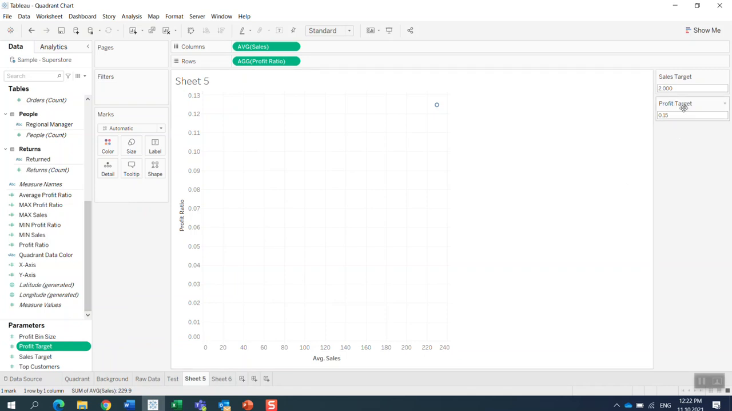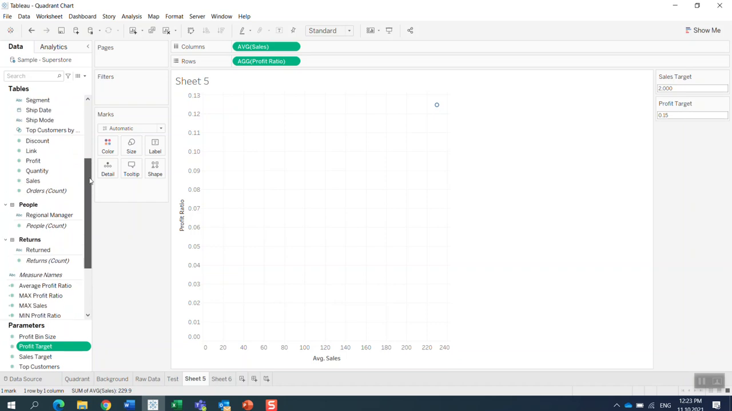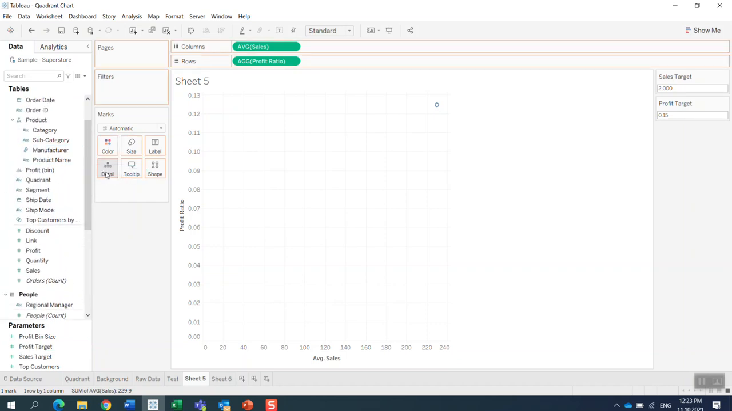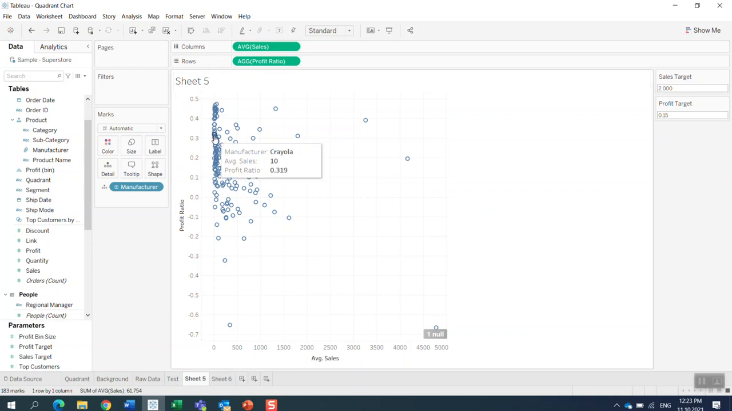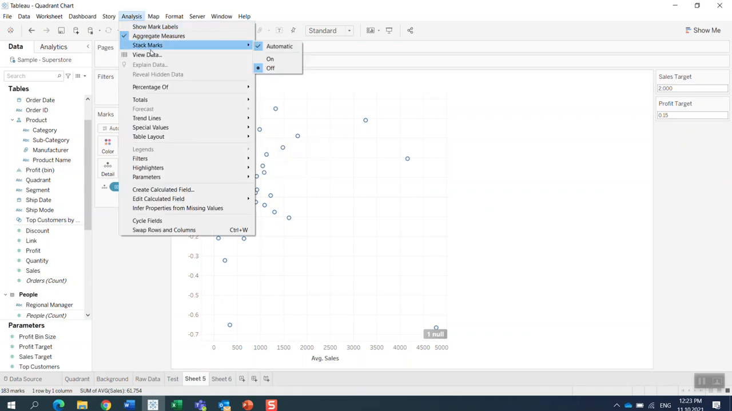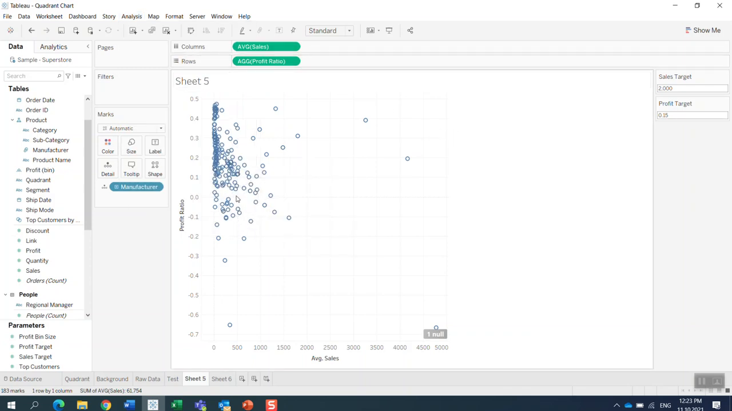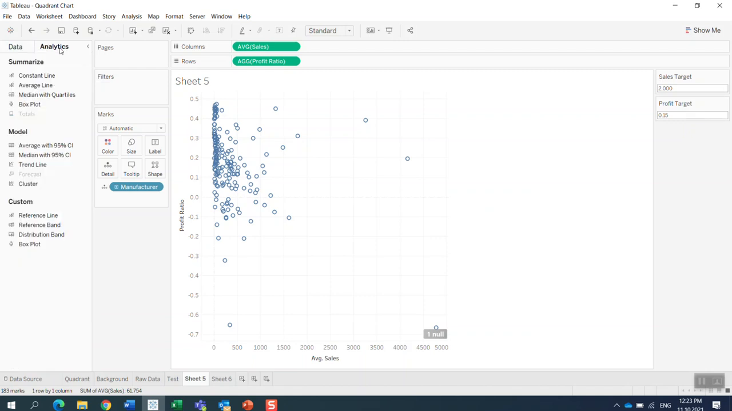So you can see two parameters here you can change. Now if I bring the manufacturer in here, remember to change the mark type to shape. You can see the data points appear. Now you bring in the parameters in order to create the x and y. So you go to reference line, drag it, move here,